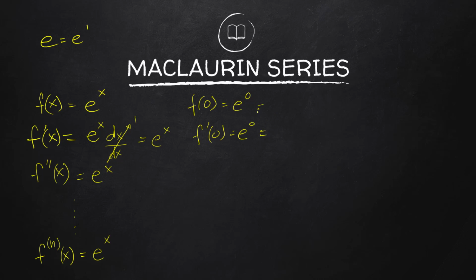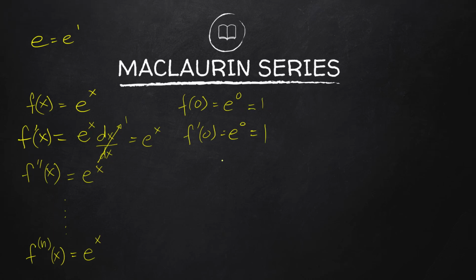But take note that e raised to 0, or a positive number that you raise to the number 0, will be equal to 1. Remember that this is up to the nth derivative, the nth derivative evaluated at 0. So this is still equal to 1. So in that case, this will be equal to